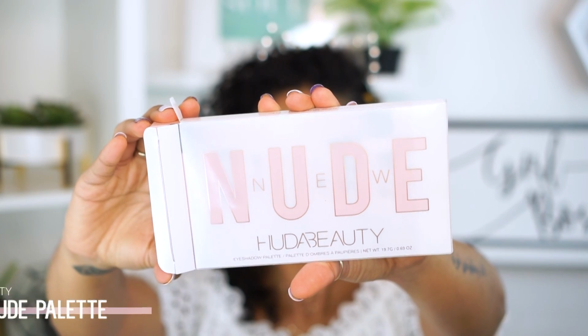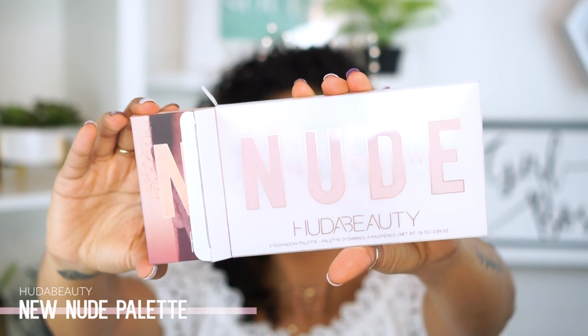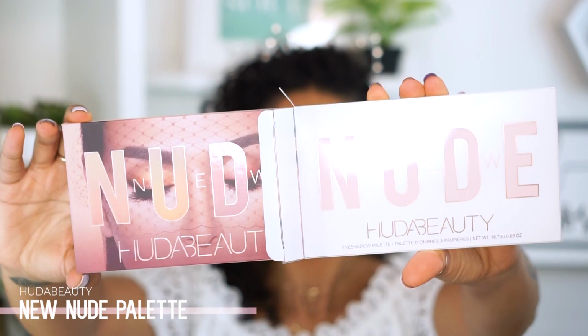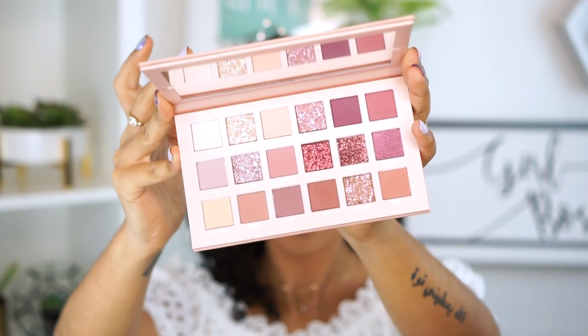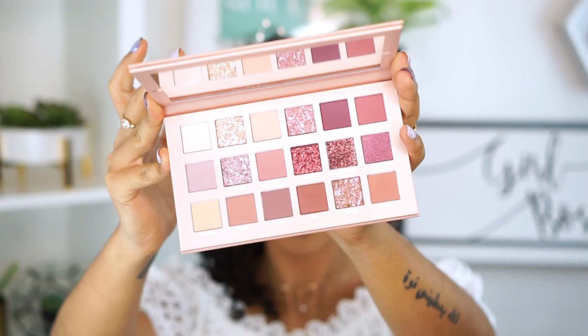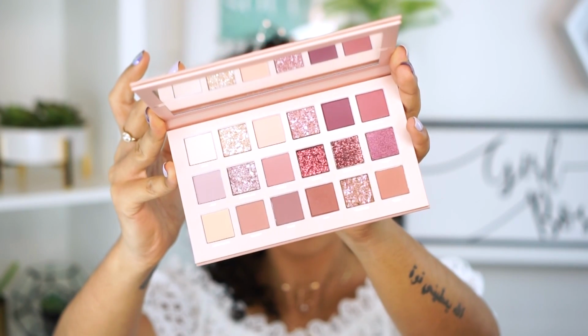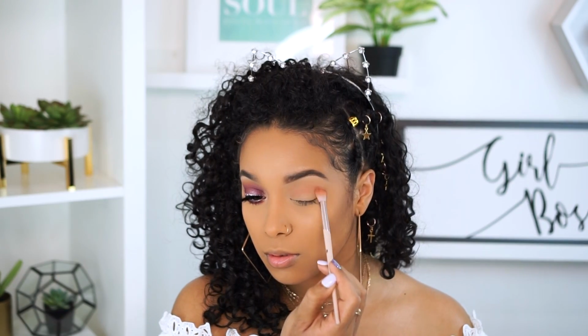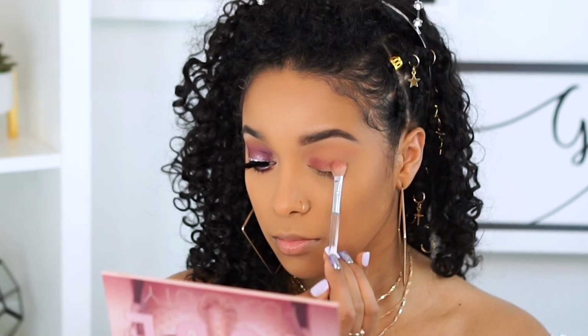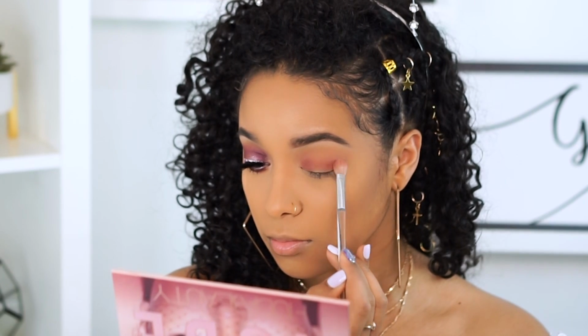And now for the best part, the beautiful new nude palette from Huda Beauty. Oh, I am so in love with this palette, guys. I bought it when it first came out, but I thought I lost it. And as I was going through some unopened packages a few weeks ago, I found it. It's so drop dead gorgeous. Oh, so obsessed. So for our transition shade, we're going to start with Teddy in the crease, slowly building that up,